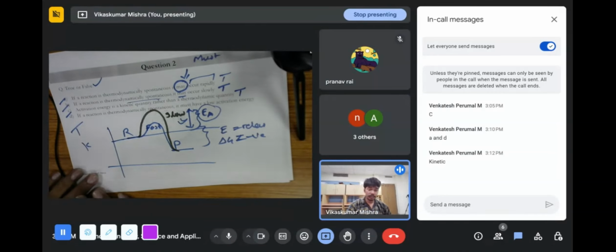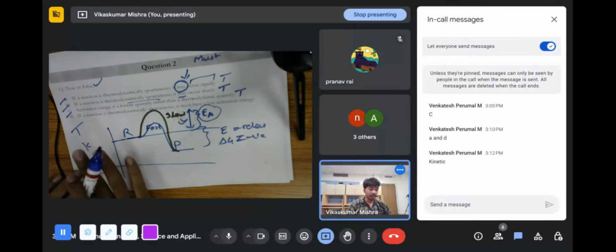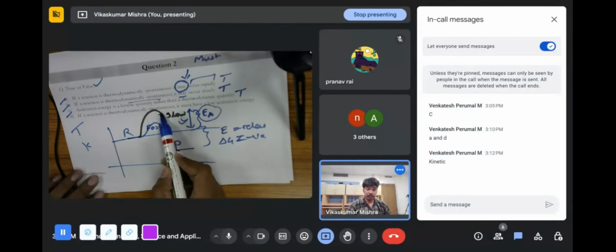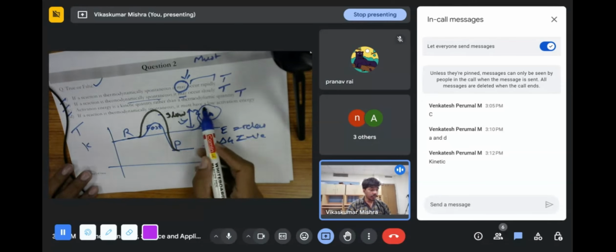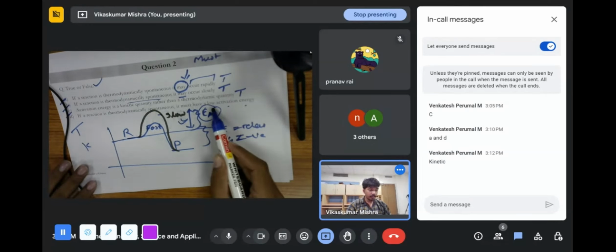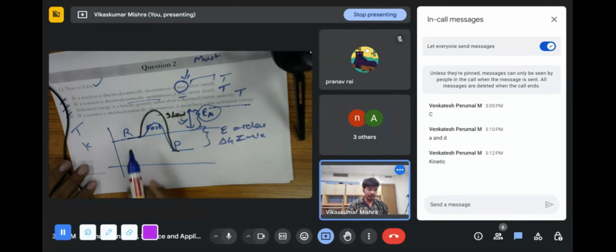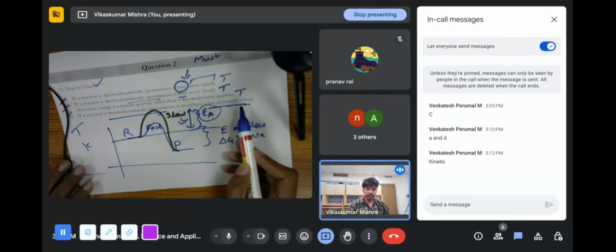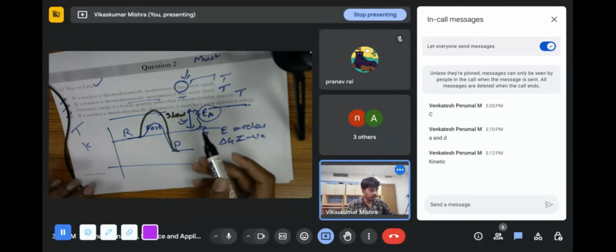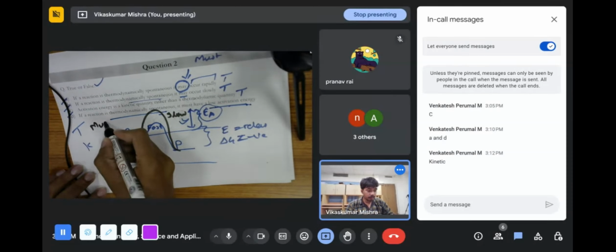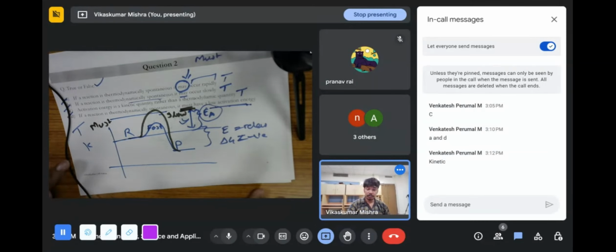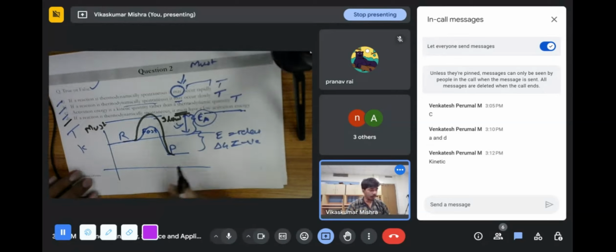And with that, the starting three, we found that they are true. Let's move to the next question, the last part. If a reaction is thermodynamically spontaneous, it must have a low activation energy. See, it might be possible that it can have a low activation energy, but it doesn't guarantee. And here the word used is must, right? So it doesn't guarantee anything. Thermodynamics cannot comment upon the activation energy, whether it's high or low. And so in that way we can see that our last one is false,